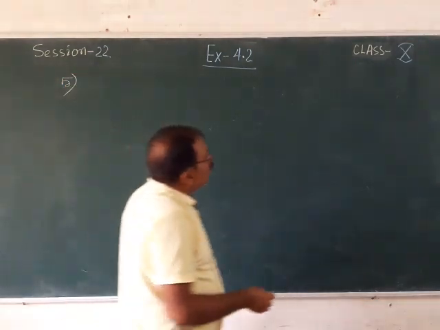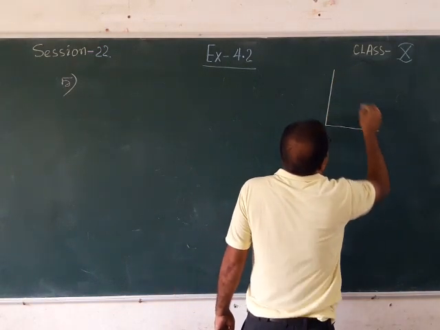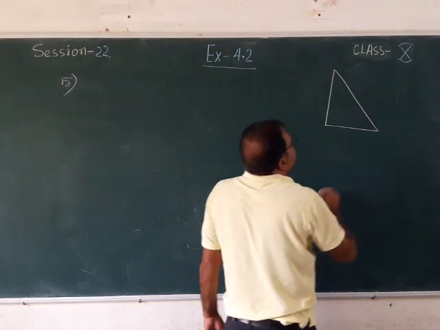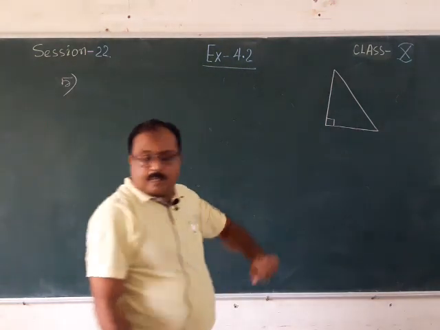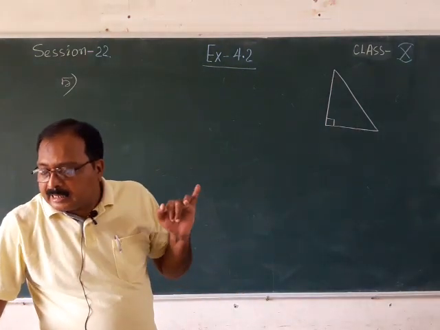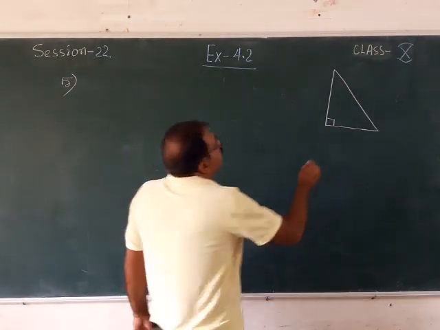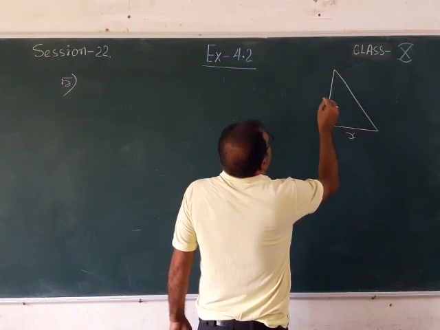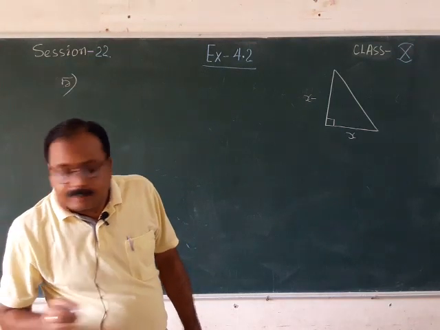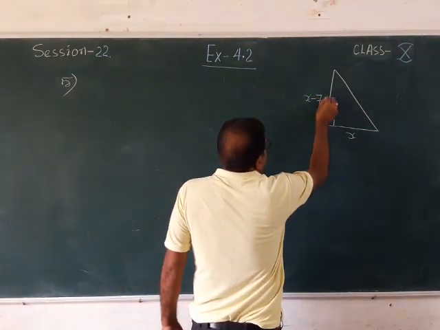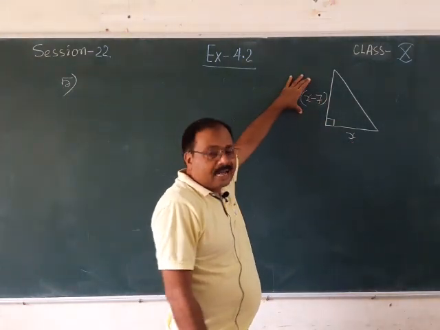At first it is given that you are having a right angle triangle. So just try to draw a rough diagram of a right angle triangle. In this triangle, suppose this is the right angle. Now it has been told that the altitude of a triangle is 7 centimeter less than its base. So suppose base is x, then altitude will be x minus 7. If you are taking base as x, then altitude will be x minus 7.